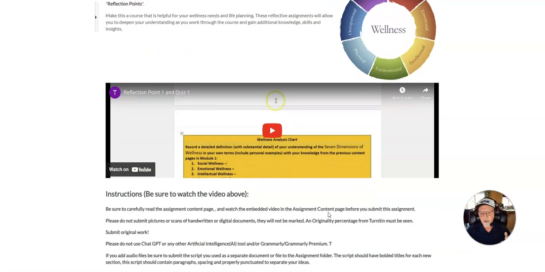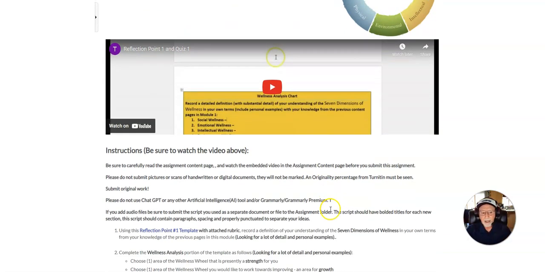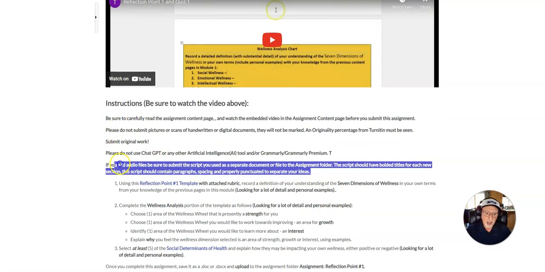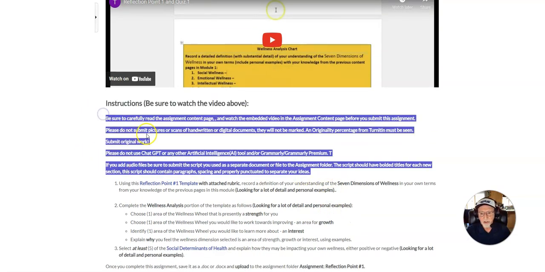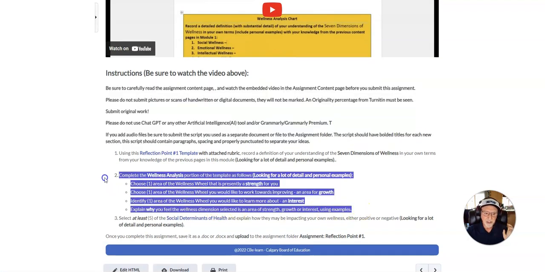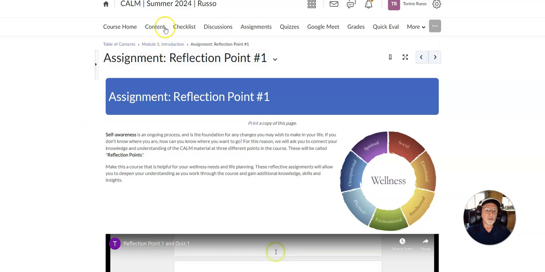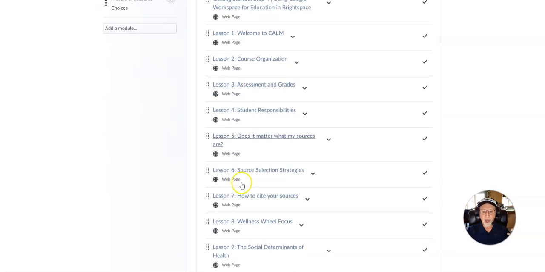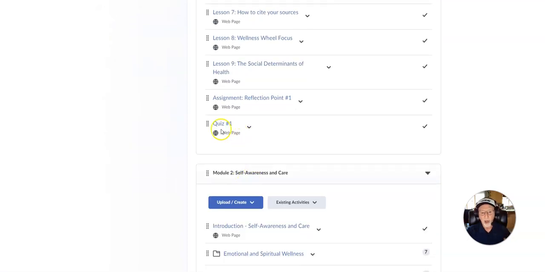Templates are a gift, and it's unexpected. And then there's the instructions. I always give instructions, and they're pretty well the same, so after a while you're going to think, yeah, I got it. And then here is the link to the template that you'll use. This is the information that has been transferred to the template for you to work through. And that's how it works. So you go page by page by page, module by module, and then the quiz. This quiz will become available once you've seen that